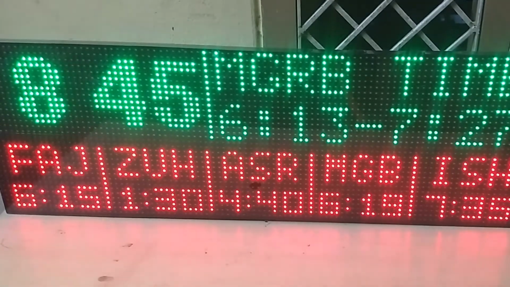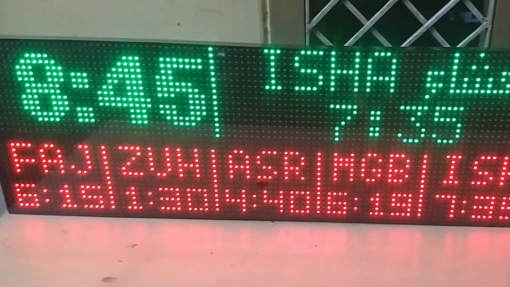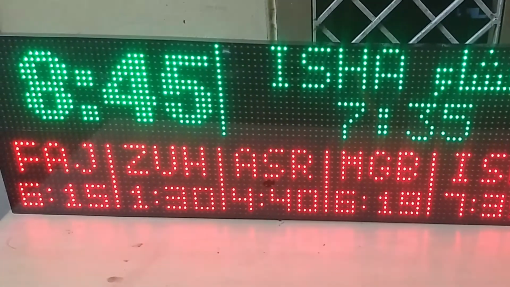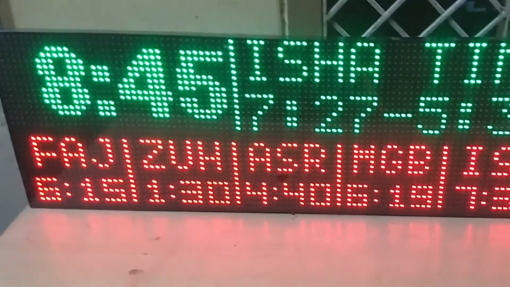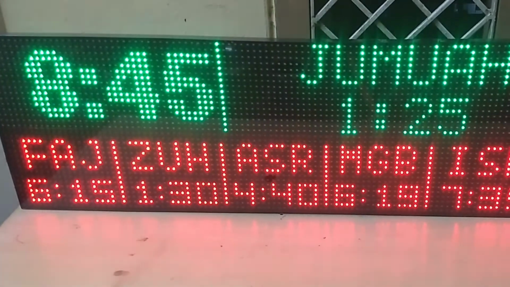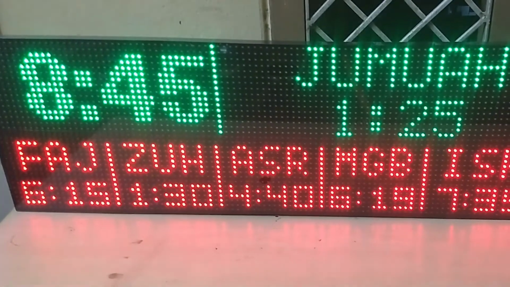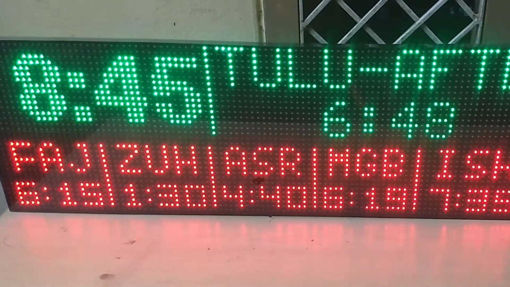So Maghrib time is automatically updated as per the city settings, which could be Hyderabad or Bihar, Patna, anything for that matter. And that can also be changed from the app. The bottom row will show all the 5 namaz or Jamaat times of the masjid at a glance. And when there is no prayer upcoming, the top section keeps on toggling every 5 seconds.